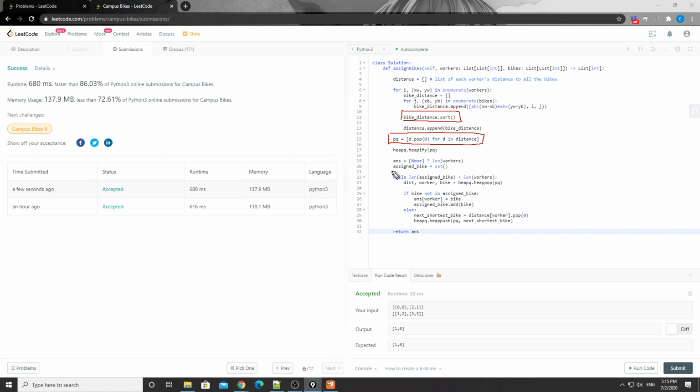Then we also keep maintaining the assigned bikes, because two workers may both have the same bike as their shortest bike. If the bike has not been assigned before, that's a happy path. We simply assign the answer for the current worker's index with the current bike index, and then we add this bike to the set. If not, here's the part we need to take extra